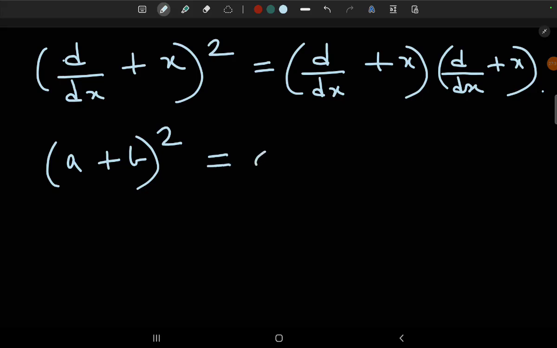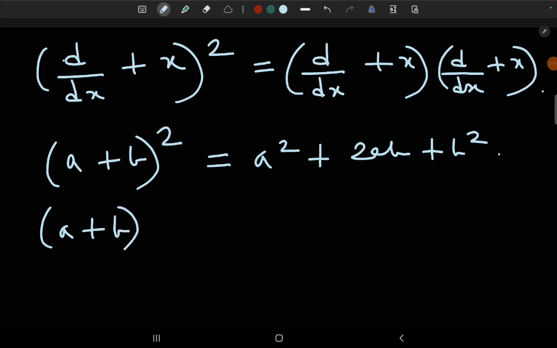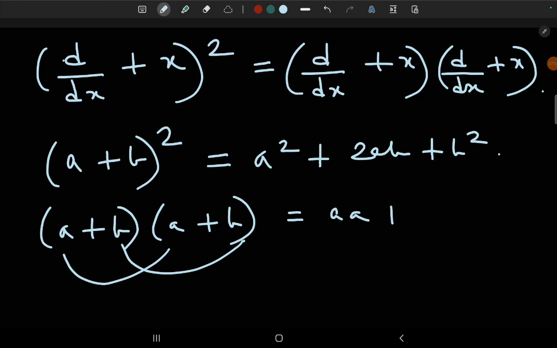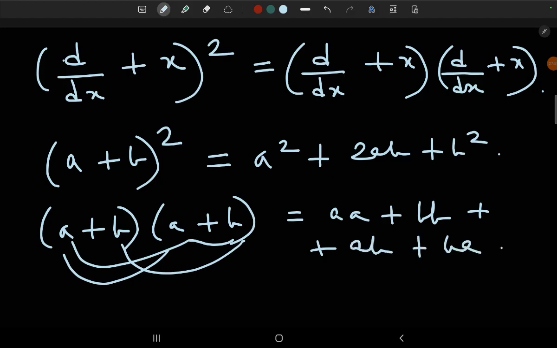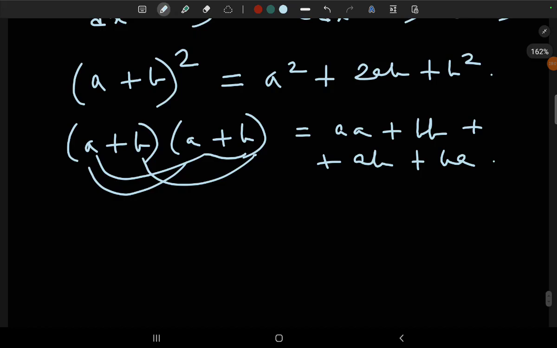We know that this is actually a squared plus 2ab plus b squared. But how do we arrive at this formula? We arrived at this formula by simple algebraic expansion. That is actually AA, then this was AB, then there was a BA, and then there was a BB, right? And then we stated that AA was A squared, BB was B squared, AB was,